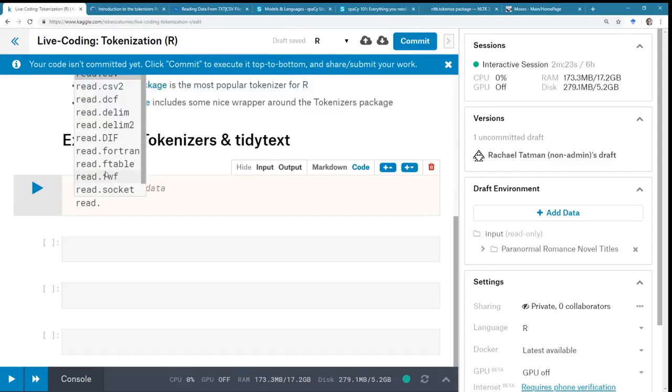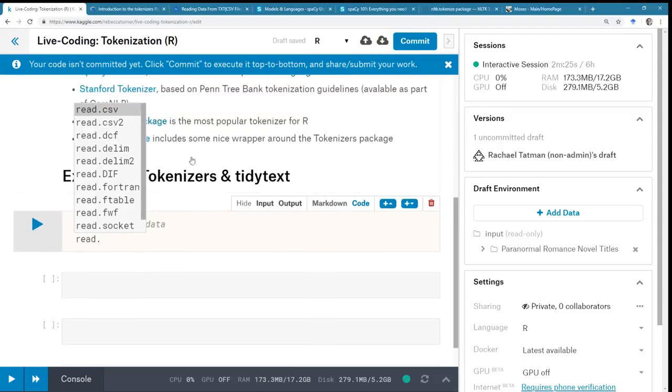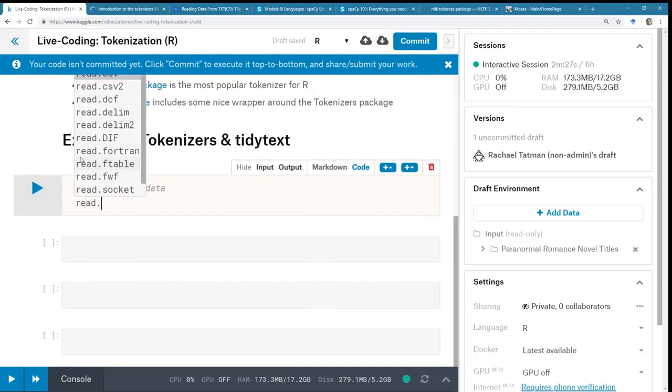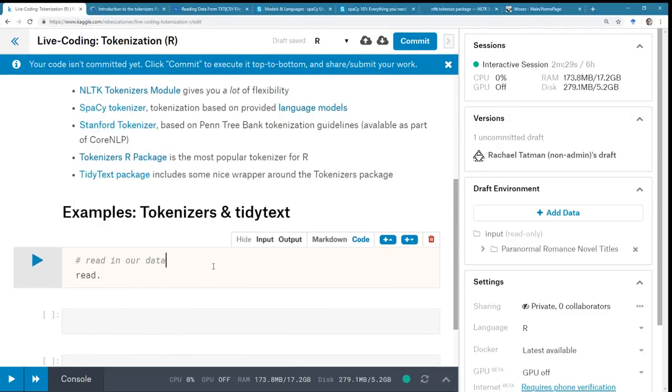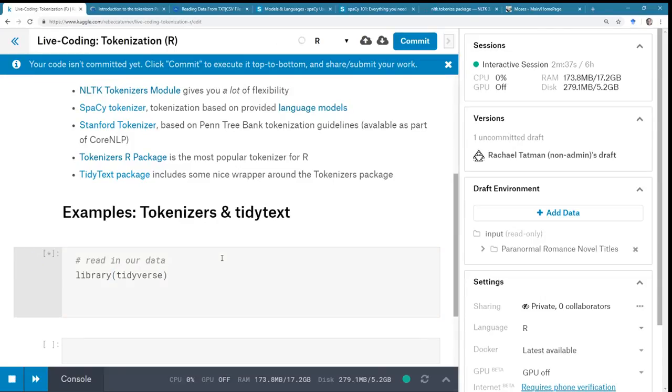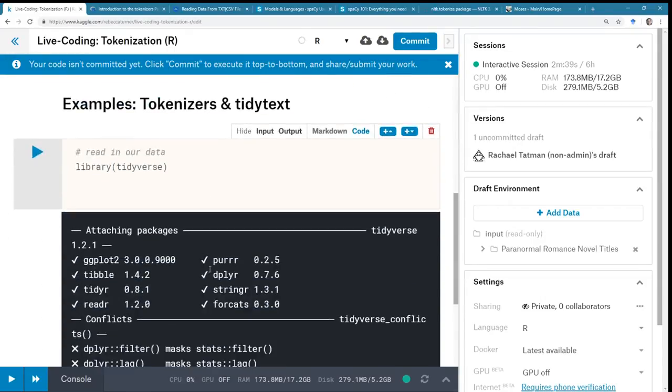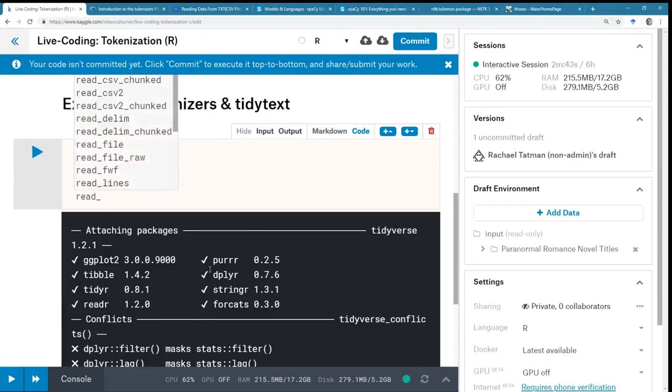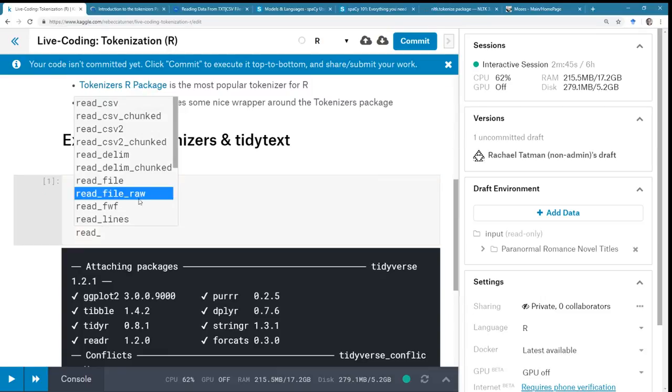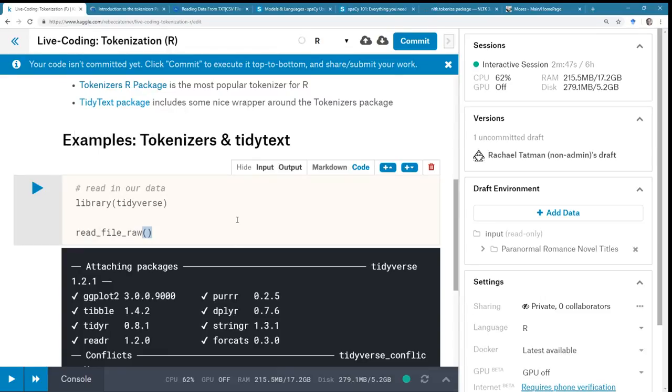Let's see. Read Fortran. That's not something I've ever had desire to do. Read lines might actually be from the tidyverse. Oh, and then that would actually be underscore. Yeah, I think it's read file raw that I usually use.